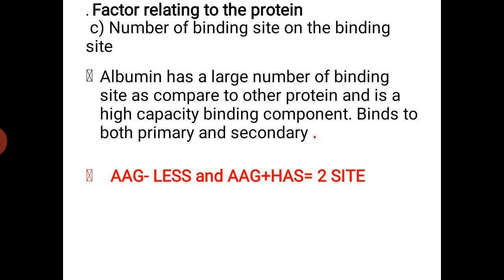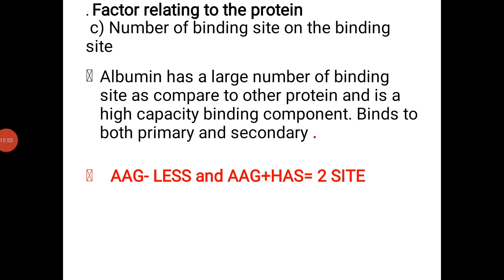it has been reported that AAG has two binding sites. That is, AAG generally has only one binding site, especially in the case of lidocaine. But in the presence of human serum albumin, it is observed that lidocaine binds more with alpha 1 acid glycoprotein. That means the number of binding sites has been observed to increase from 1 to 2 for alpha 1 acid glycoprotein. So these are the factors related to protein that can affect your